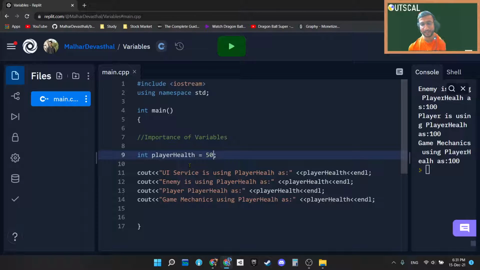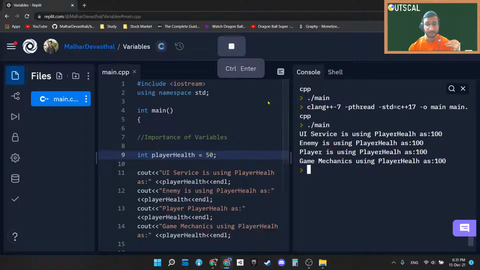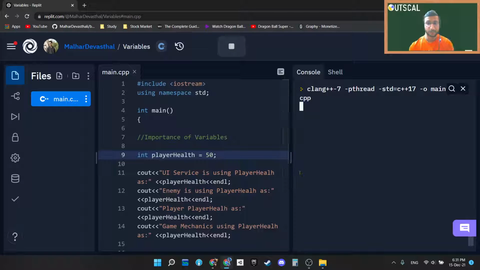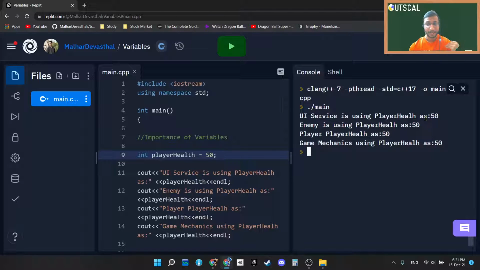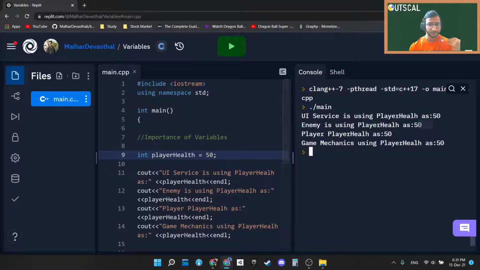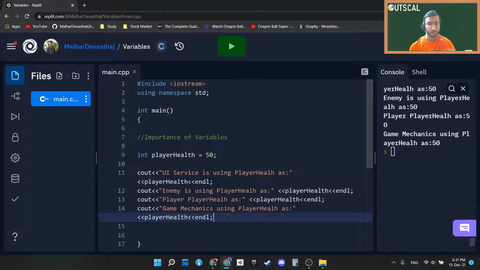Suppose now my player health dropped from 100 to 50, and if I again run the program, then I don't have to do the changes in every line. Automatically everything will get changed. So that's the power of variables. Here you can see UI service also got changed to 50, enemy also got changed to 50. So whoever is using this variable automatically will get the updated value of that variable.